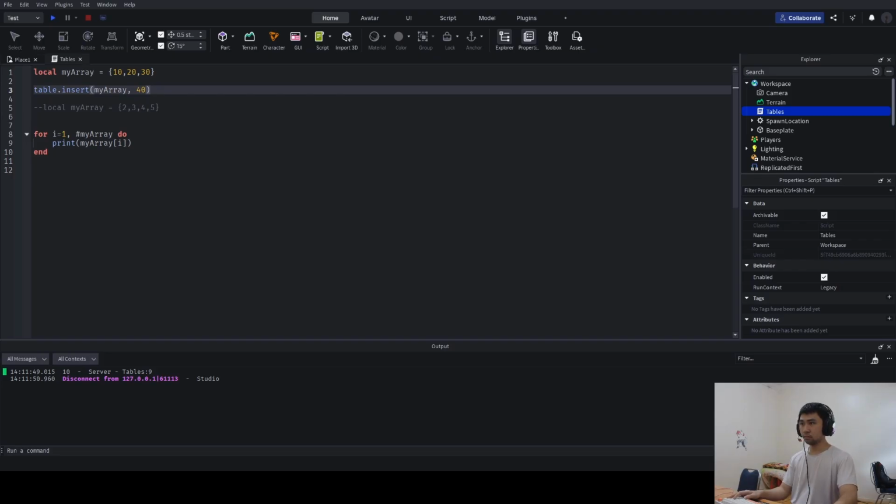So if I were to, let's say, put in 4, then it's going to check for the 4th position and then remove whatever value is inside of there. So if we were to insert 40 beforehand, then it's going to be 10, 20, 30, 40, and whatever's going to be on the 4th position, which is 40, that's what it's going to remove. Rather than 40, which is the value itself, it's going to remove whatever's at the 4th position, which is going to be 40. So now if I were to copy this once again and paste it,